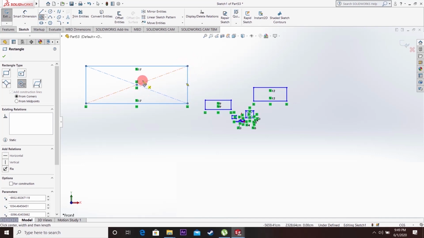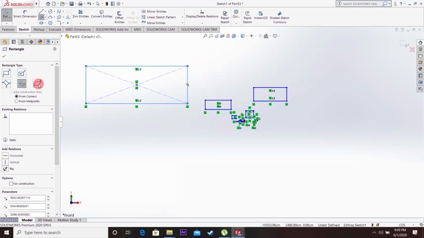So first we have specified the center point, then the midpoint of this line, and then the corner of the rectangle.